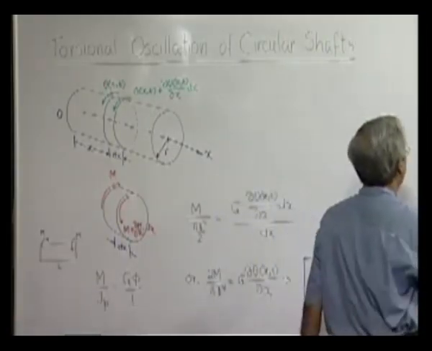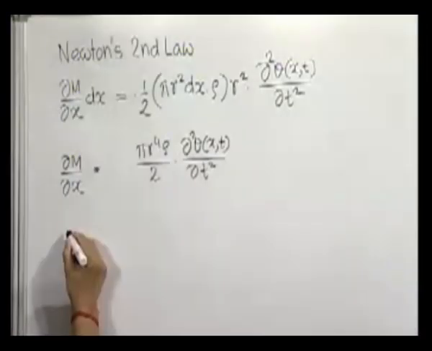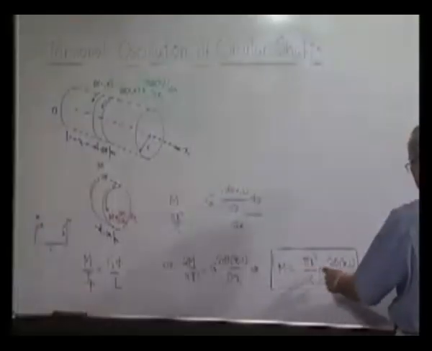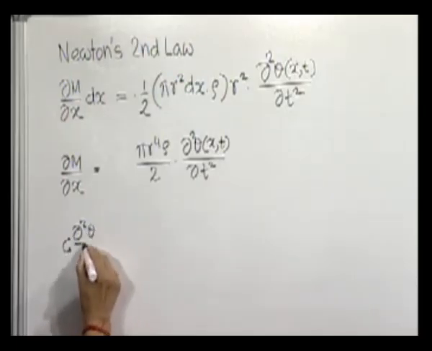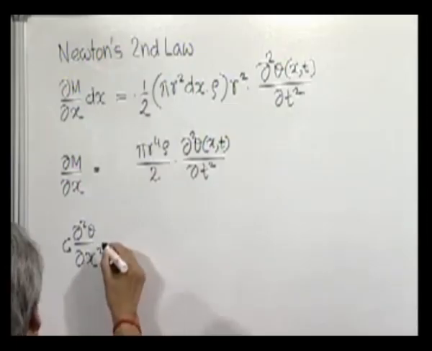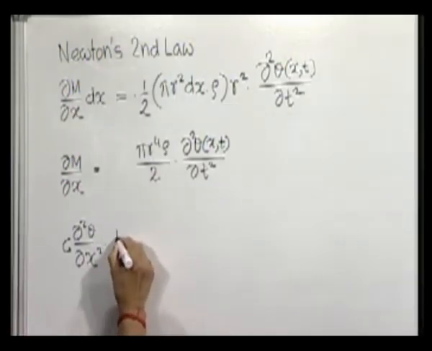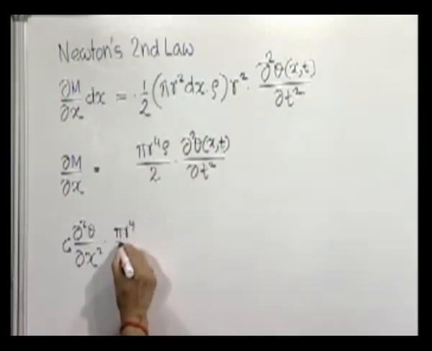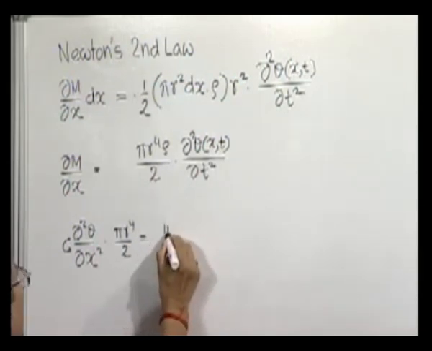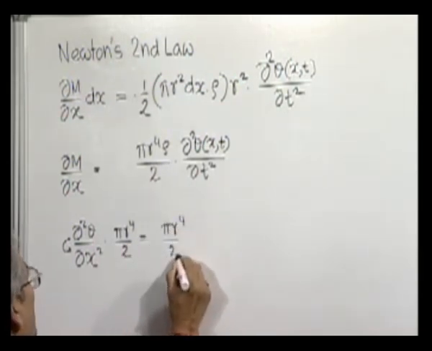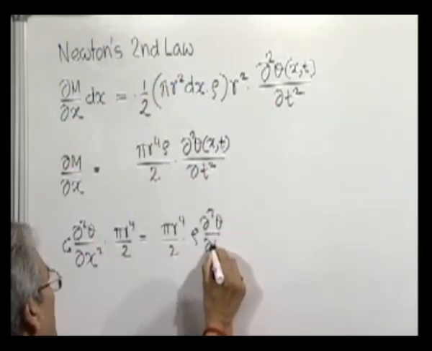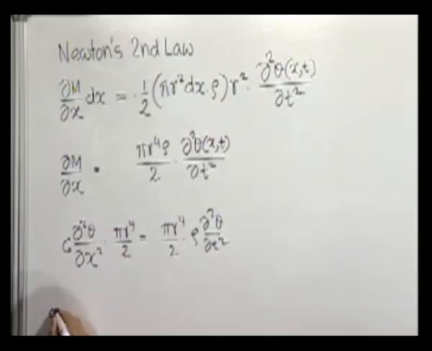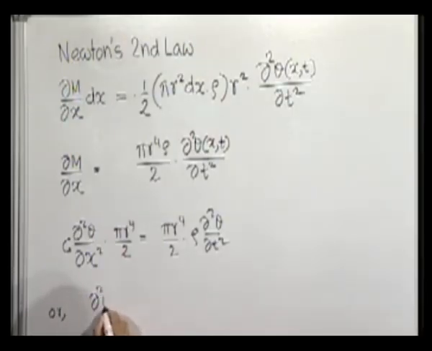Using this m and substituting it here, we get del m del x will be equal to G del 2 theta del x2 into pi r to the power 4 by 2, is equal to pi r to the power 4 by 2 rho, or finally we get